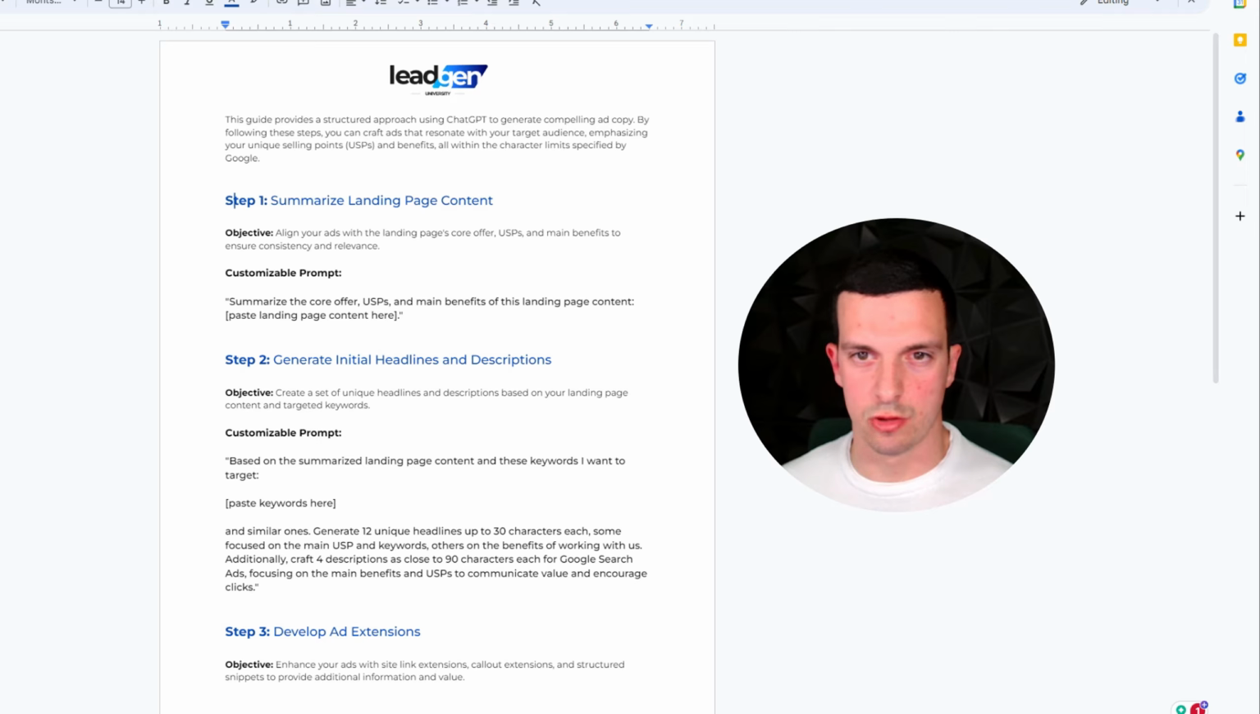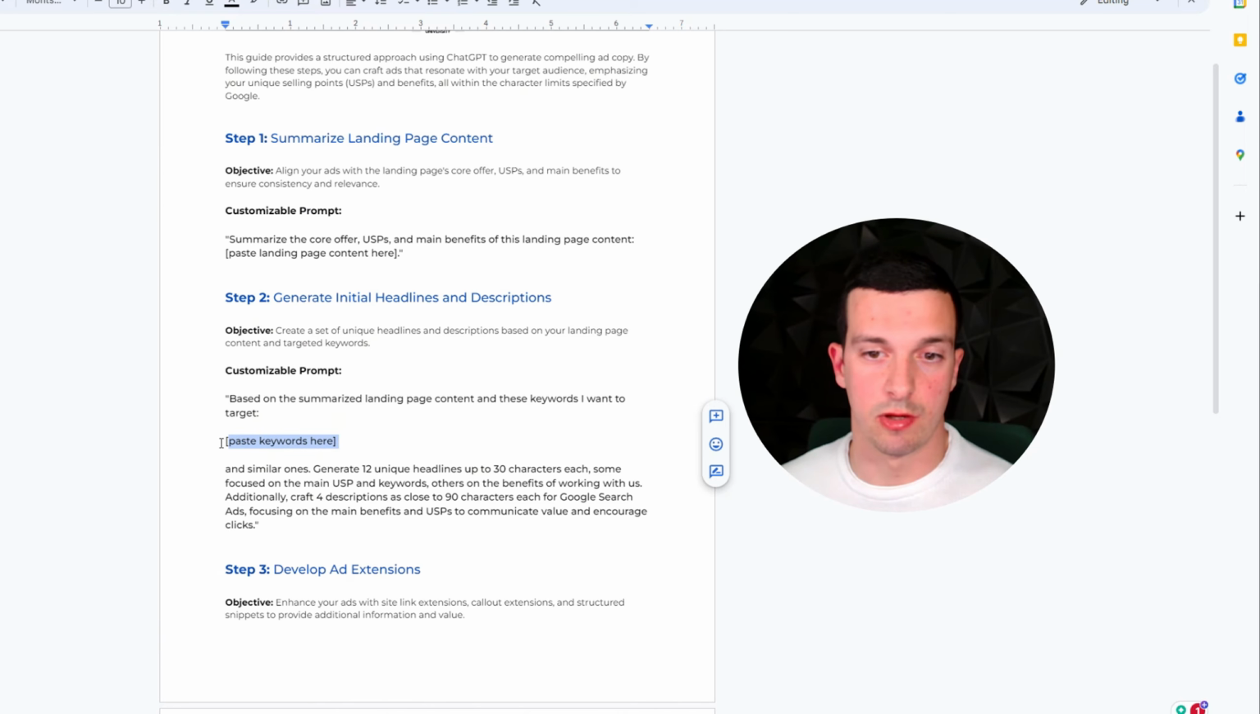Okay, so the first step is to summarize landing page content, align your ads with the landing page core offer, USP, and main benefits to ensure consistency and relevance. Then we're gonna have this prompt where you just copy and paste all your landing page content and get prepared to write some good sales copy with ChatGPT. Then step 2, generate initial headlines and descriptions. Craft a set of unique headlines and descriptions based on your landing page content and targeted keywords. So in this case, we're gonna go to this prompt and copy and paste the keywords from the exercise,